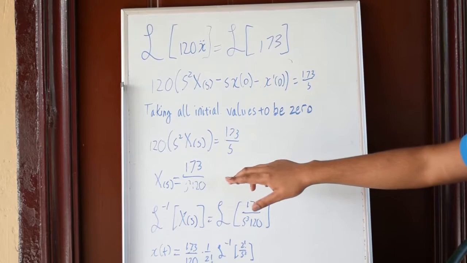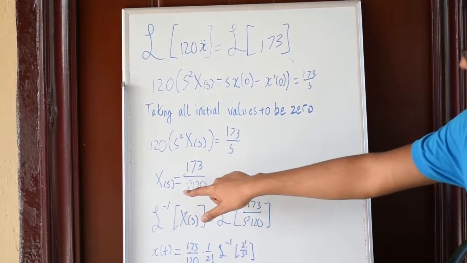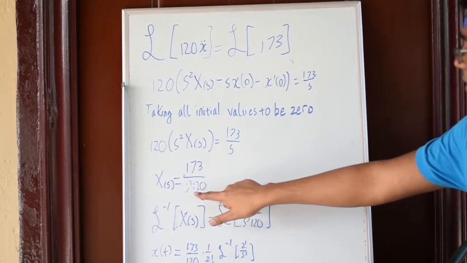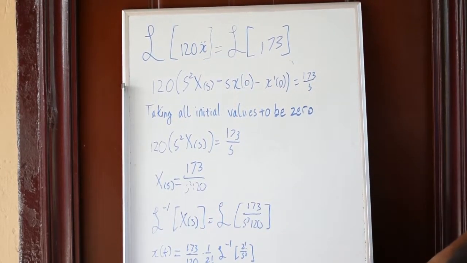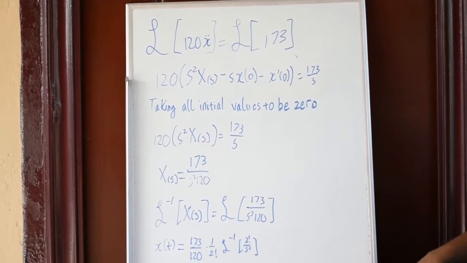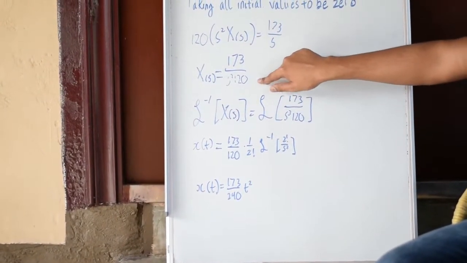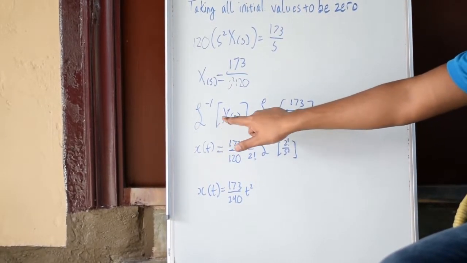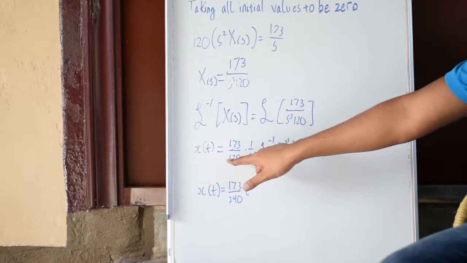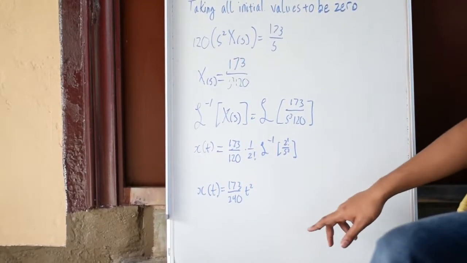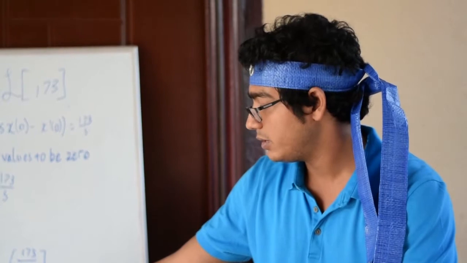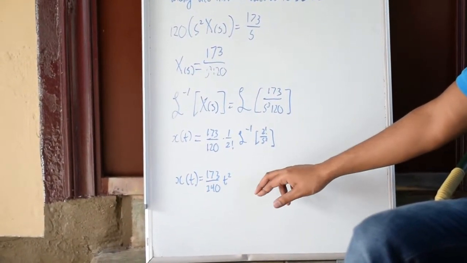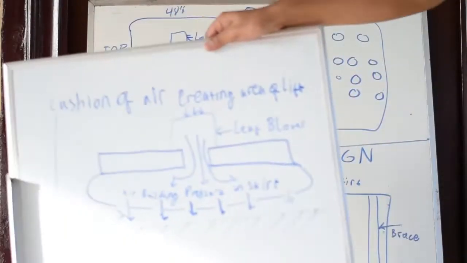So the objective of this is to make X(s) the subject of the formula. So we will get 173 over s squared by 120. Now, taking the inverse of this, of X(s) and this function here, you can see we can find x(t) now, because the Laplace inverse of X(s) is x(t), which gives us a function in time. So we can relate this function in time to our force as well as to our displacement. As you can see here,